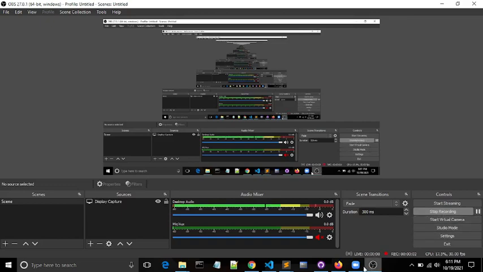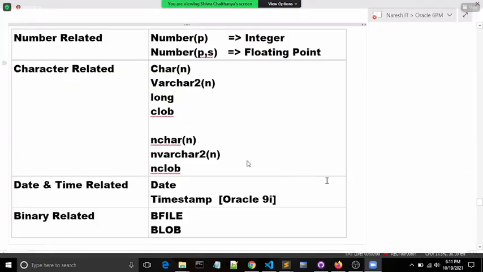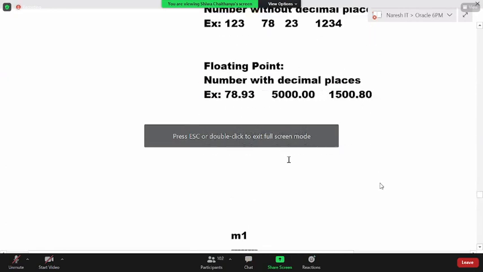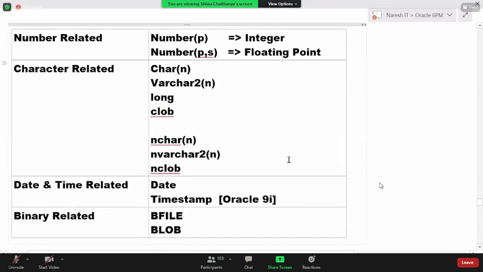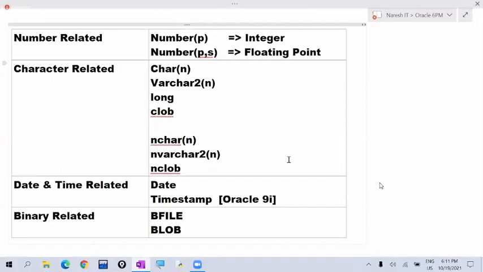So in the previous session, very clearly, we discussed what data types are available in Oracle SQL. These data types can be categorized into 4 types: number related data types, character related data types, date and time related data types, and binary related data types.